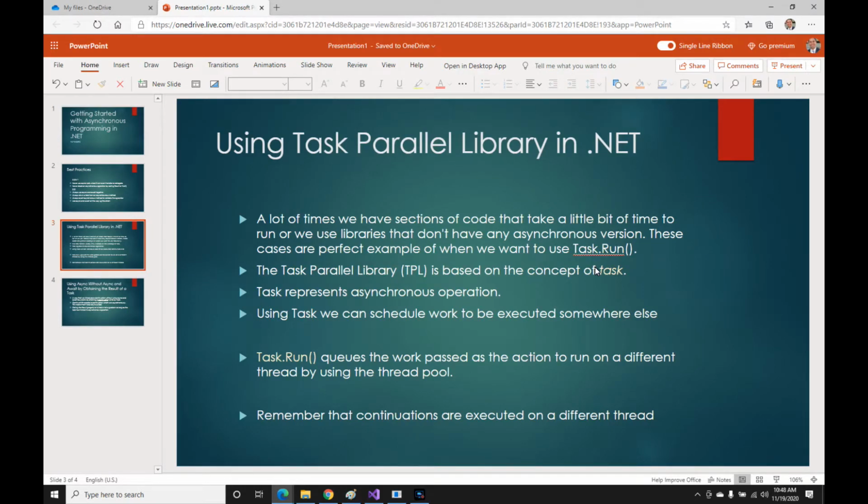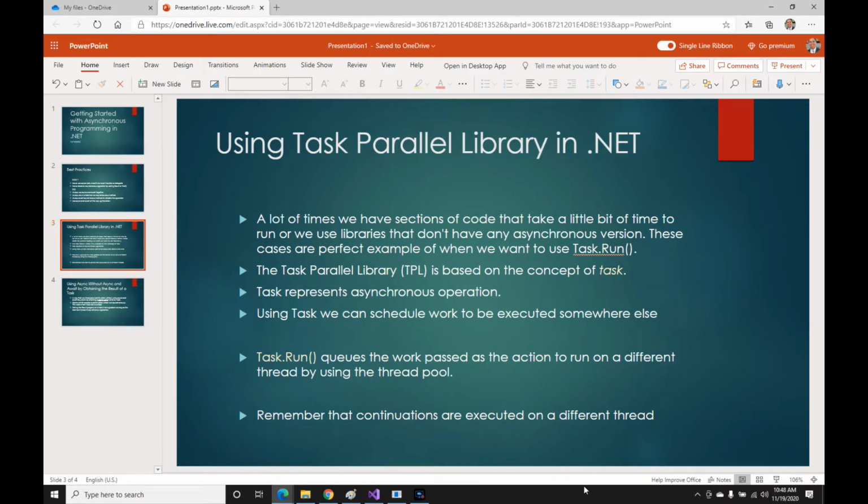Okay, so I'm going to go ahead and add another video to my library, and it's about using the Task Parallel Library in .NET. So it's basically dealing with asynchronous programming in .NET. So mostly in the past I've been working with just using async and await without really knowing too much about different ways that you can do multitasking in .NET, and one of the ways is by using this Task Parallel Library. So this is the example by Philip Ekberg